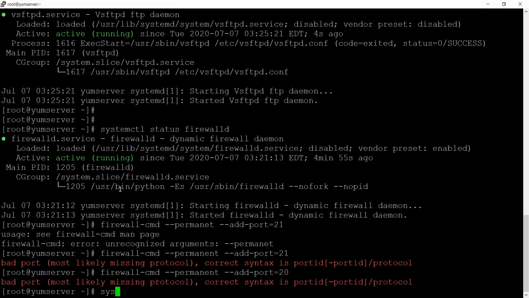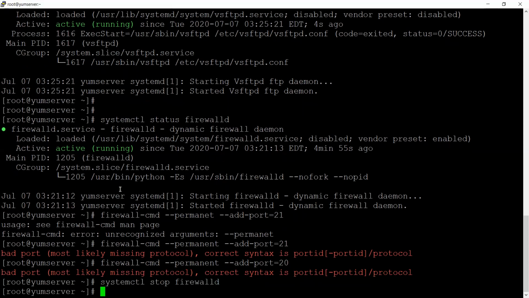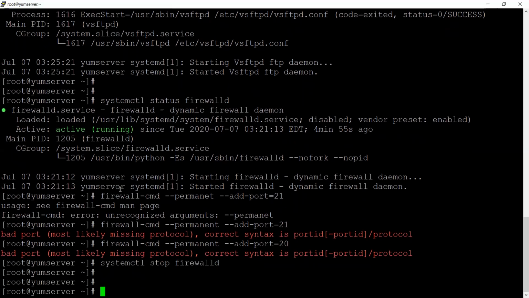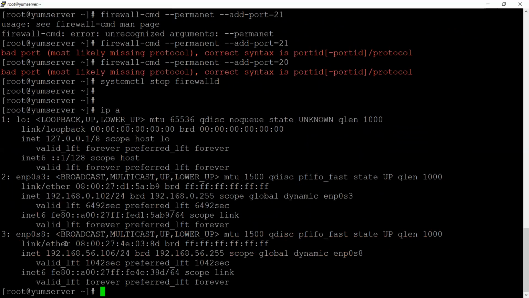Right now I am going to disable the firewall with systemctl stop firewalld. After stopping it, I can check whether the FTP protocol is running or not. With this, I need to find out the IP address of my server. Right now, this is my IP address. I'm taking any one IP. Then I'm going to the browser. From the browser, I'm going to use FTP as the protocol, with the server IP.